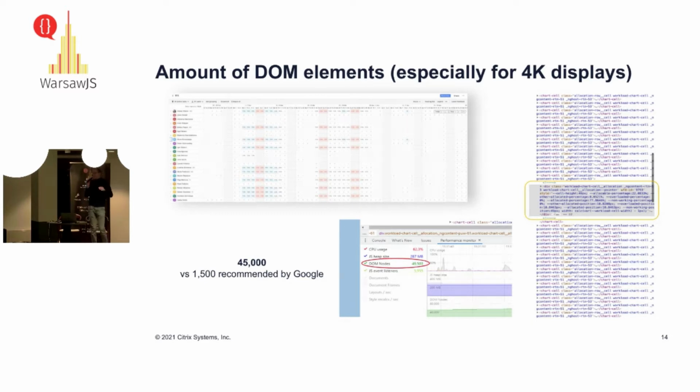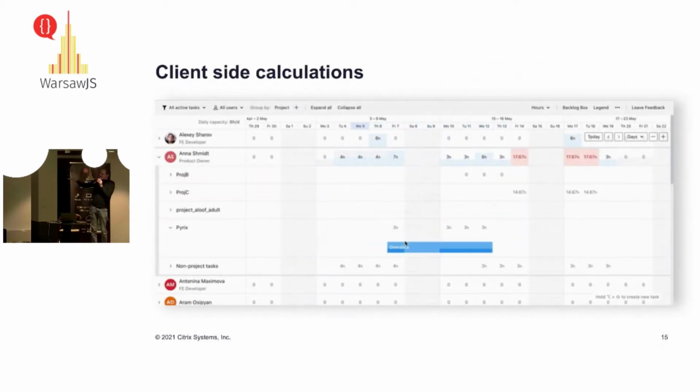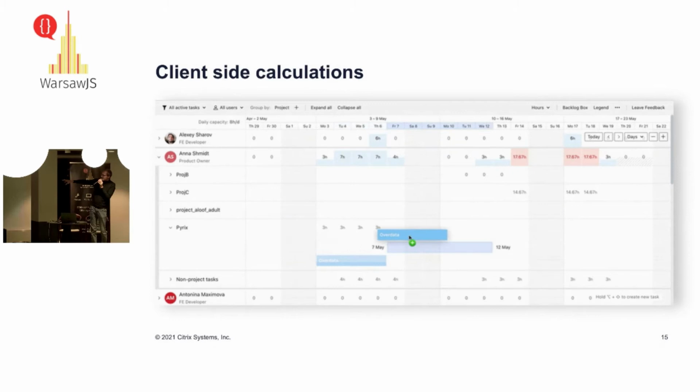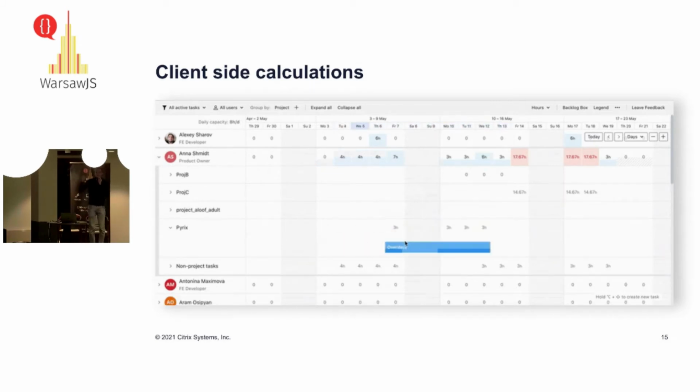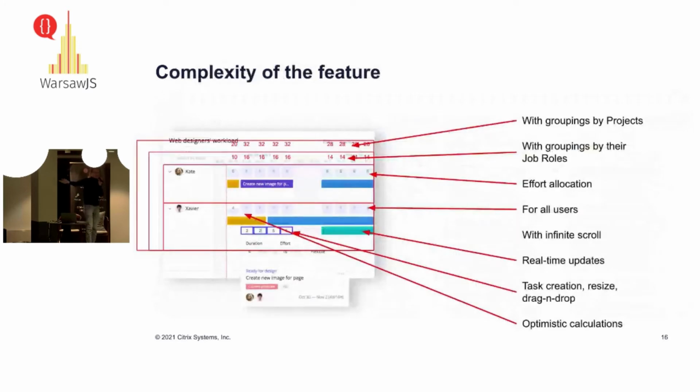Second thing, we blamed our client-side calculations, because you can see even for a really simple interaction like drag and drop, we had this optimistic rescheduling of a placeholder. So you can see a task of 3 days jumped to 5 days because it now contains a weekend inside. Right? So we have to recalculate work schedules according to weekends, according to all PTOs, the whole work schedules. So we started thinking about, should we drop some optimistic recalculations? And then again, back to this slide. Like, this is crazy. What could go wrong with this setup, right?